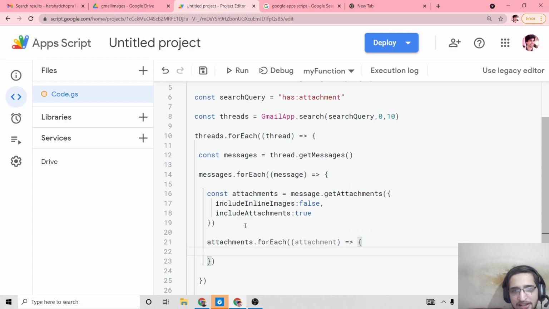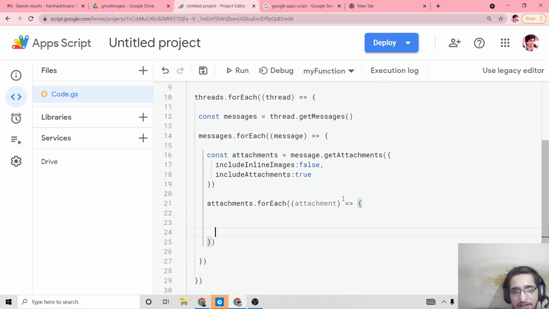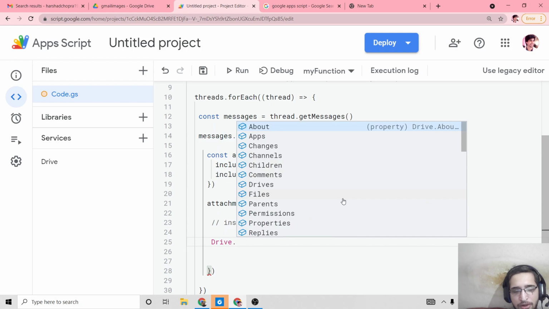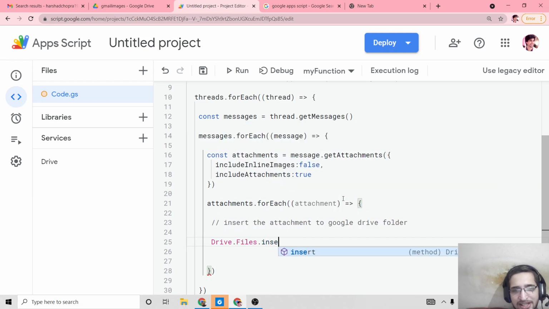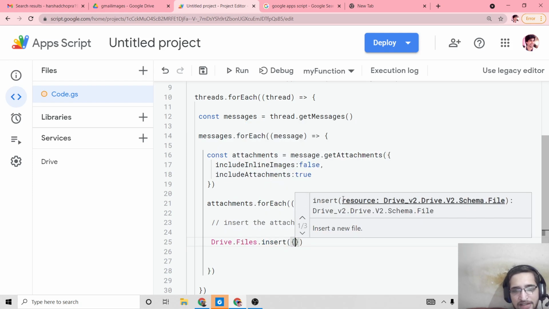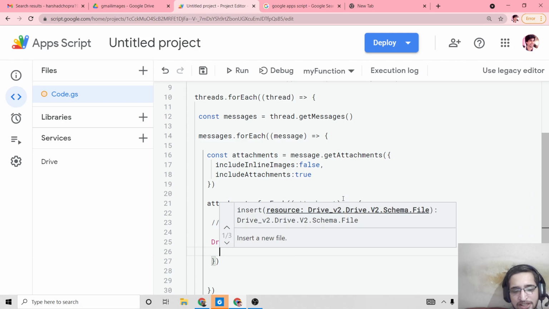This is very easy, guys. There is a logic here, just 2 lines of code. This will insert the attachment to the Google Drive folder. So this is very easy. We will use the Drive.Files.insert method. And inside this, guys, what we need to do is